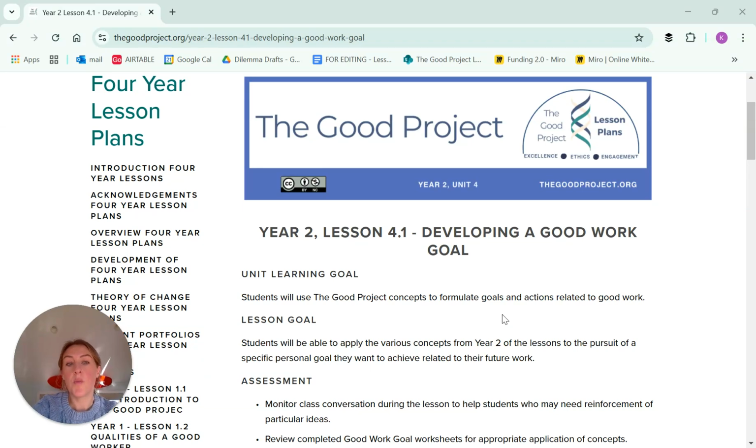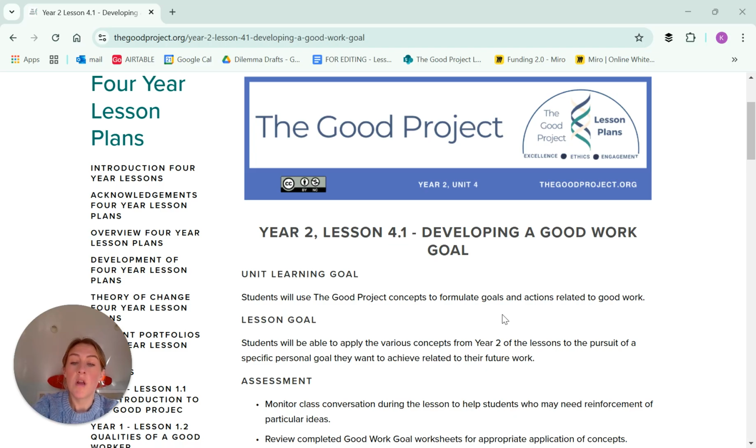Year 2, Lesson 4.1, Developing a Good Work Goal. The unit goal for this unit is that students will use the good project concepts to formulate goals and actions related to good work. Specifically in this lesson, students will be able to apply the various concepts that they've learned from year 2 of the lessons in pursuit of a specific personal goal that they want to achieve related to